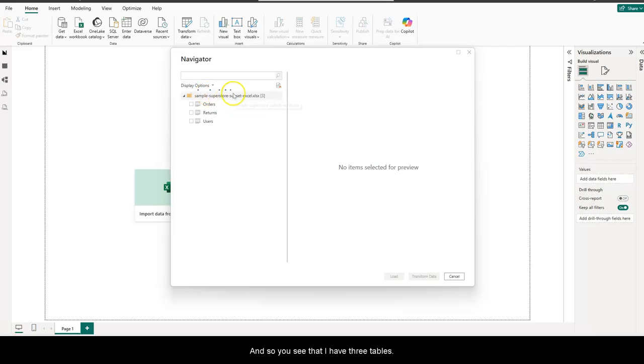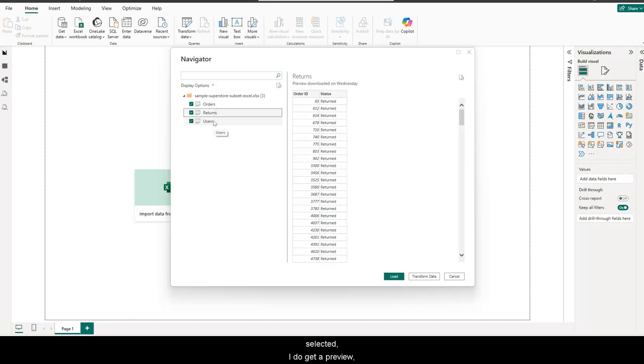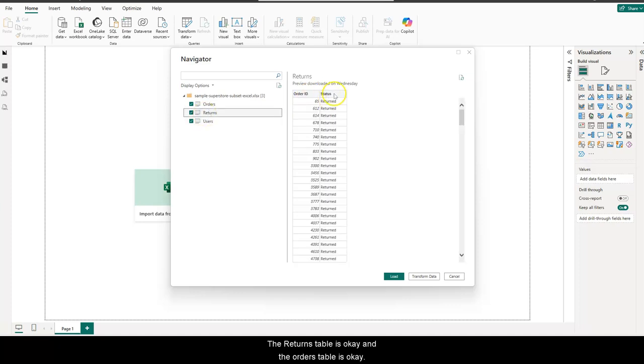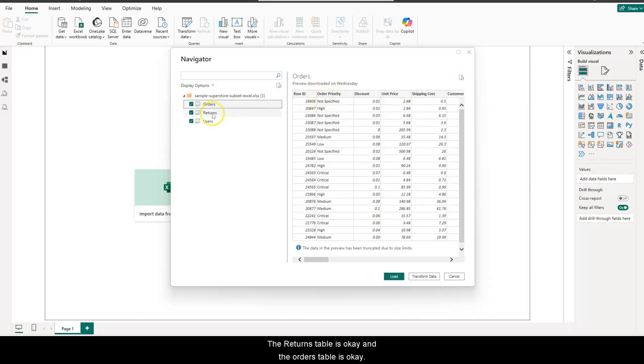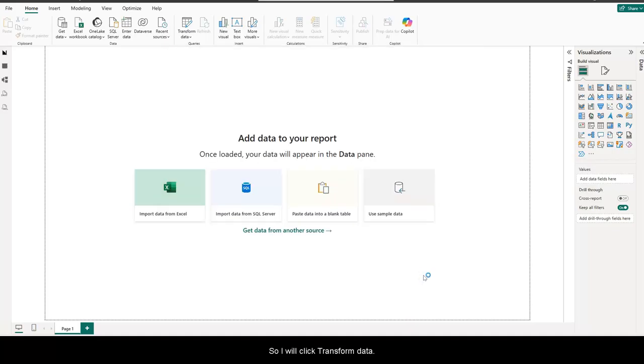And so you see that I have three tables. I have orders, returns, and users. I'm going to select the three of these, and when I have one selected, I do get a preview, which is very helpful. And I could just load them, but I'm going to transform data in this case because in my users table, it's not recognizing region and manager as the headers. It's adding column 1 and column 2 headers. The returns table is okay, and the orders table is okay. So just the users table has an issue. So I will click Transform Data,